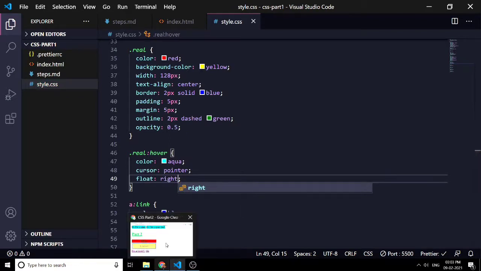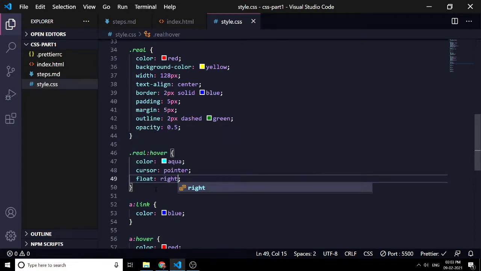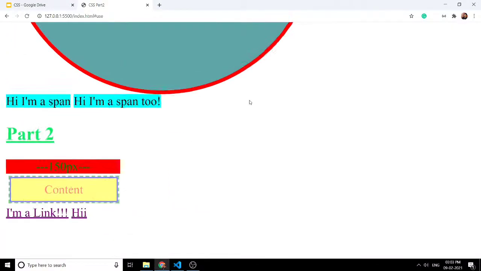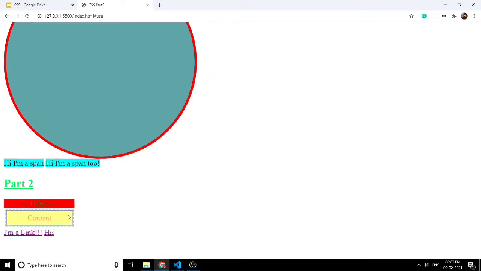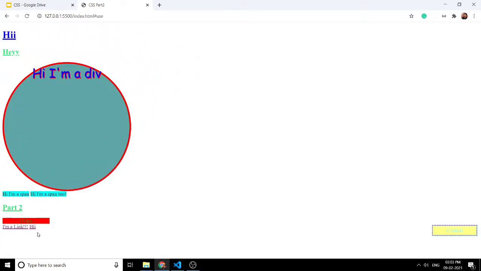Right now we have applied the float property to the real element when we hover over that. So right now our content is on the left, but when we hover over that, that content will move from left to right.